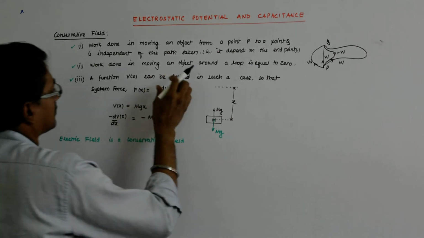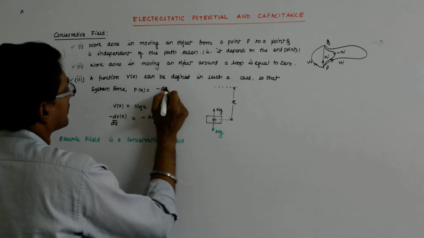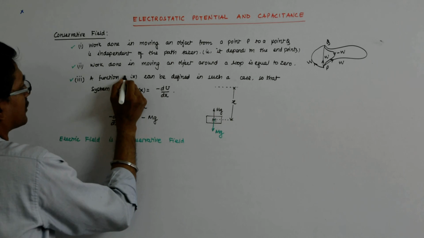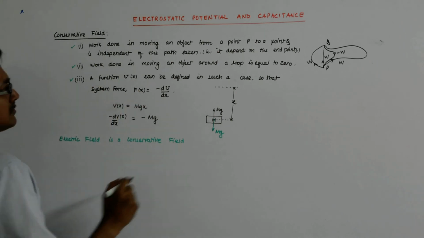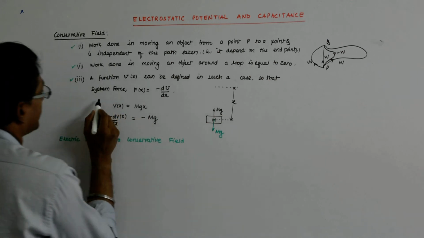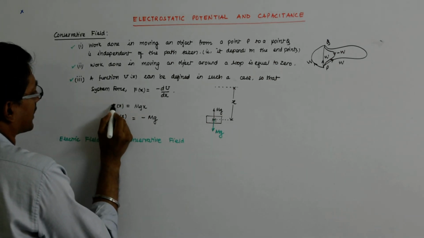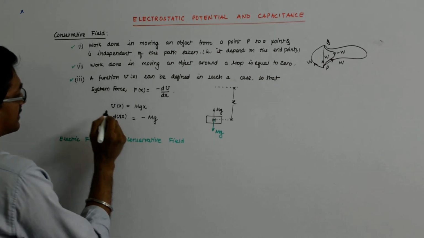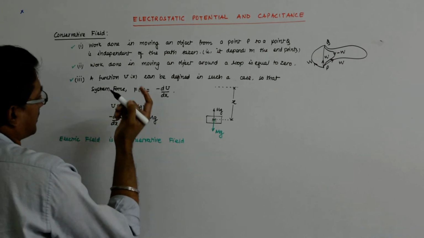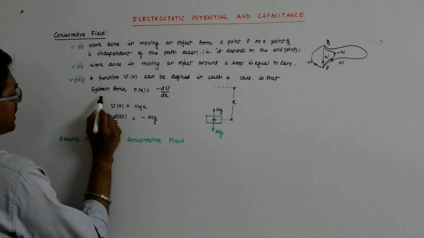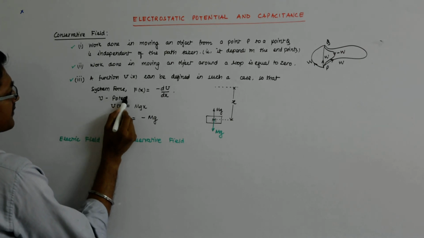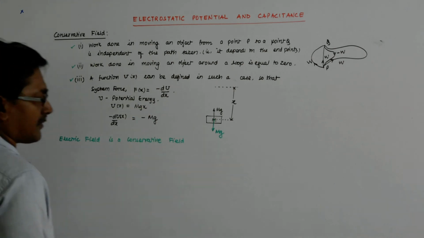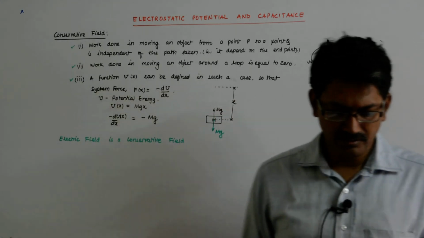Normally what this should be is U. Okay, this is potential energy and not potential. I should call it U, not V yet. However, in your class 11th, they have used the notation V. Perhaps that is playing on my mind. But I prefer to call it potential energy. U is potential energy. Okay, let it be potential energy.